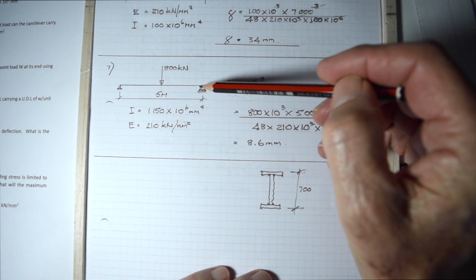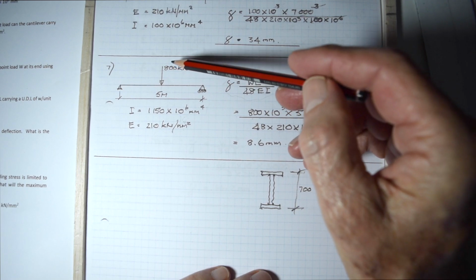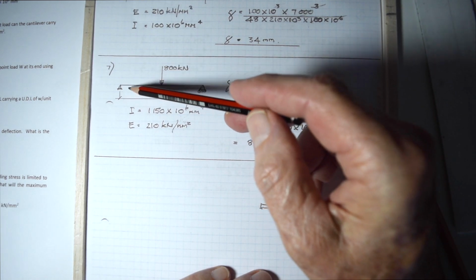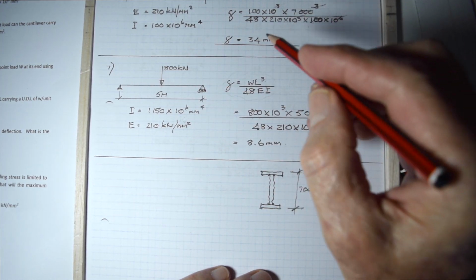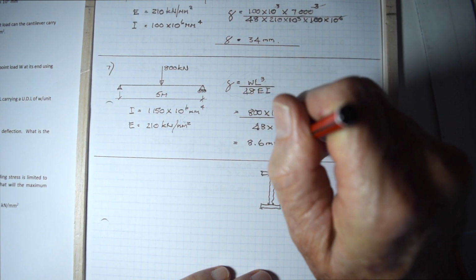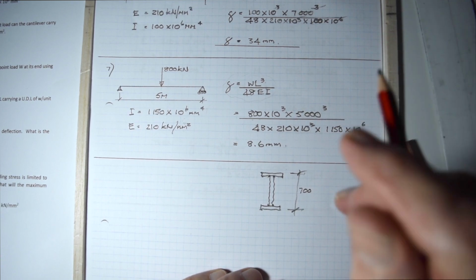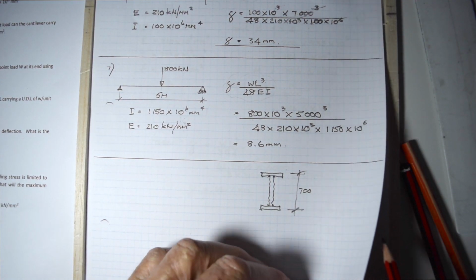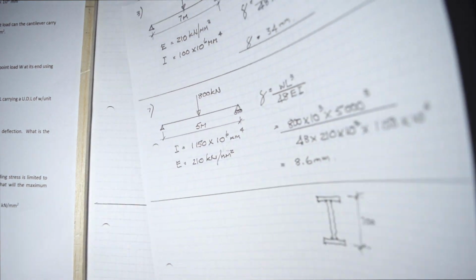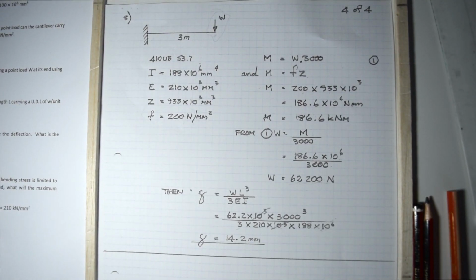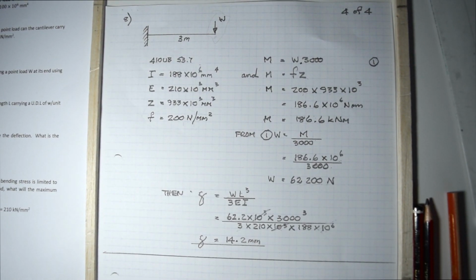800 kilonewtons, spanning 5 meters with a central point load. The beam will sag or deflect about 8.6 millimeters in the center. So I think there's only one more problem left, which brings us to the final